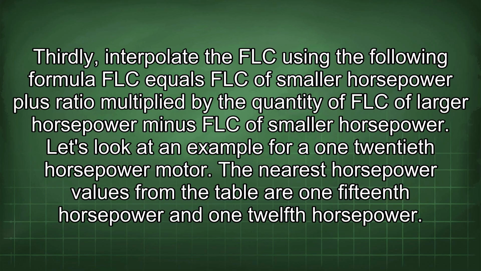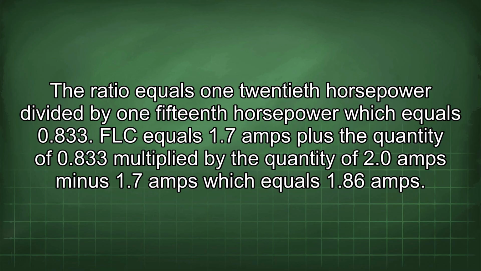Let's look at an example for a 1/20th horsepower motor. The nearest horsepower values from the table are 1/15th horsepower and 1/12th horsepower. The ratio equals 1/20th horsepower divided by 1/15th horsepower, which equals 0.833. FLC equals 1.7 amps plus the quantity of 0.833 multiplied by the quantity of 2.0 amps minus 1.7 amps,